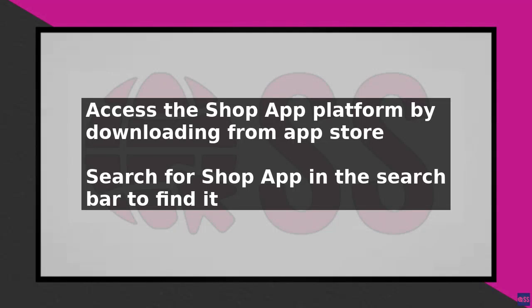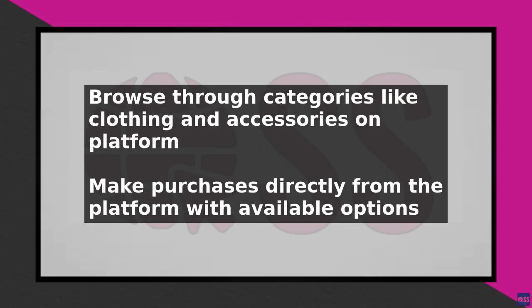To get started with scanning a QR code on the Shop app, you first need to ensure you have access to the platform. You can download the app from your preferred app store by searching for Shop app in the search bar. Once you have the app, you can browse through various categories, including clothing and accessories, and make purchases